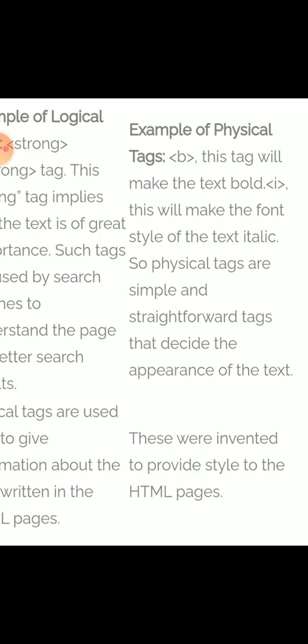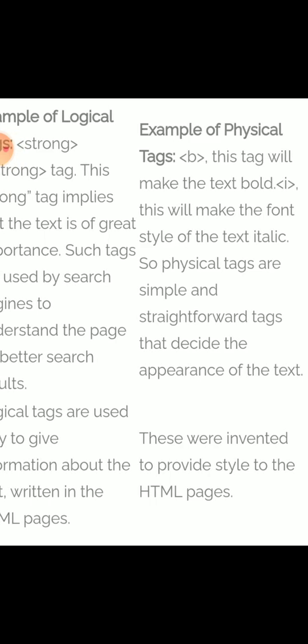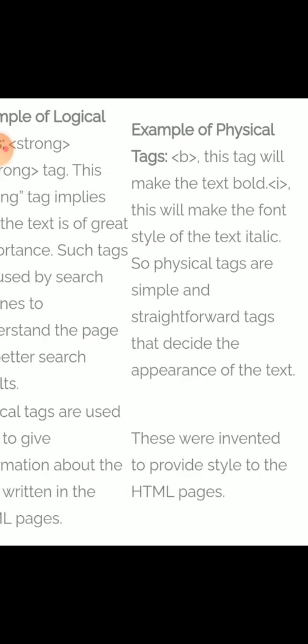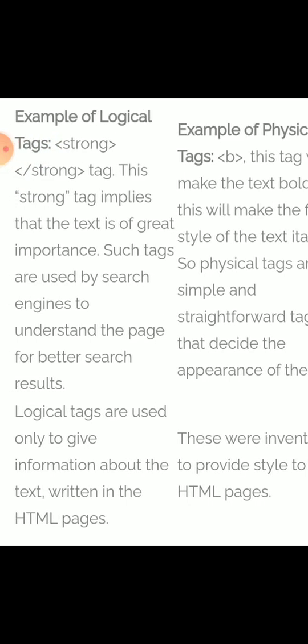So physical tags are simple and straightforward tags that decide the appearance of the text, how the text looks. These were invented to provide style to the HTML pages. But logical tags are used to give information about the text written in HTML pages.